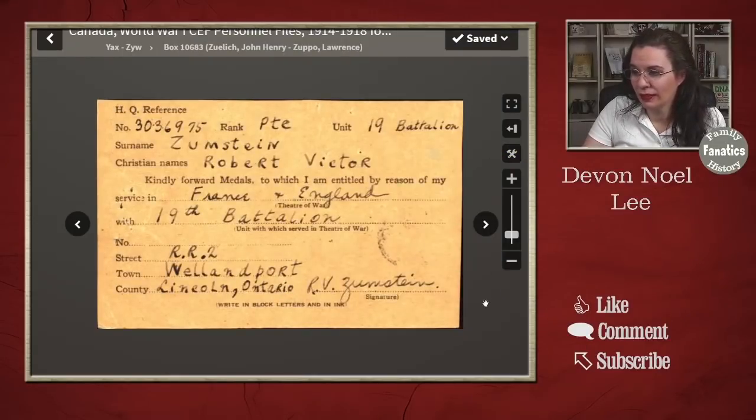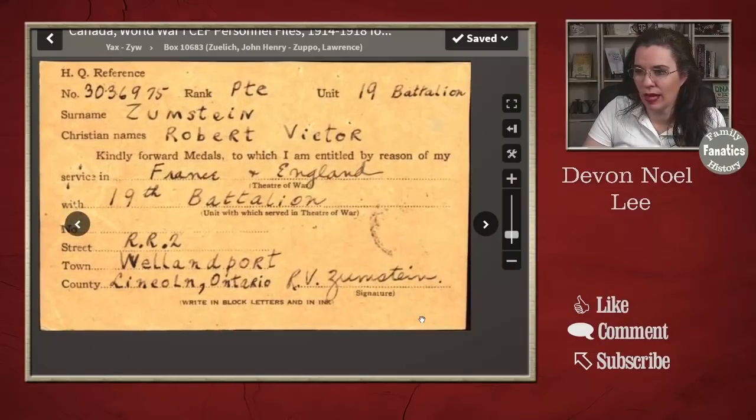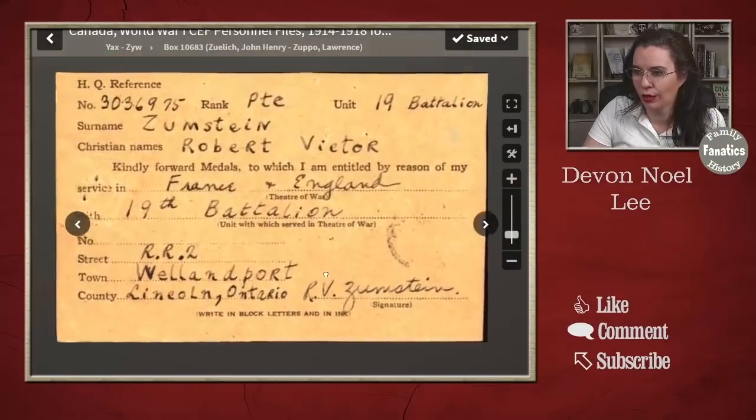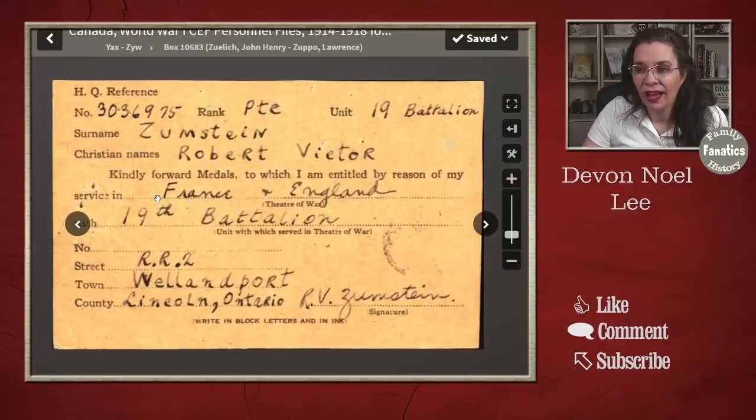So when we look at this image, just zooming it in, I'm actually using a roller on my mouse. I can see a number of great details on this Canadian military record. I have his ID number, his rank, the unit he served in, his name, where he served, as well as the street to send back to his next of kin. So I have more evidence of a time and place where an ancestor lived. Gotta love that. As well as his signature.